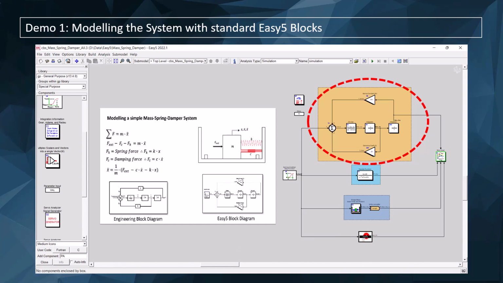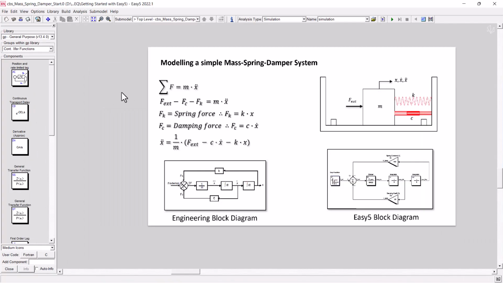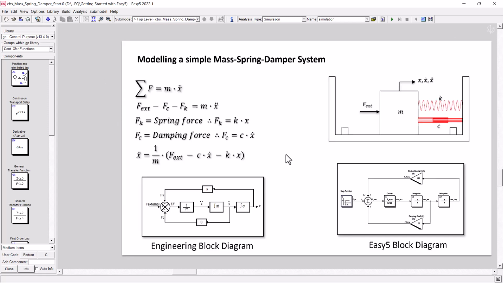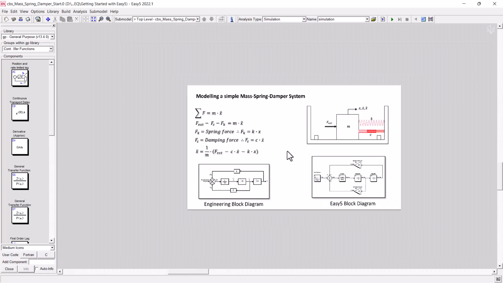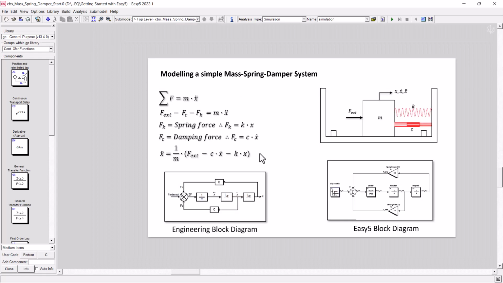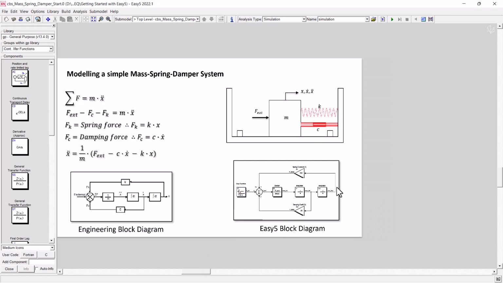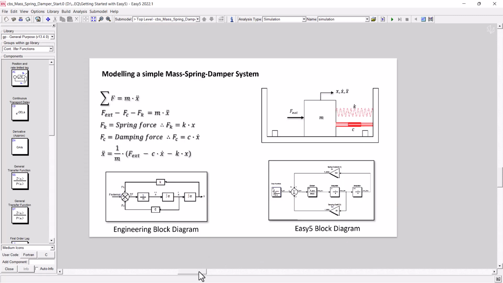So let me just bring the Easy5 user interface up, and there you have Easy5. If you've never opened up Easy5 before, let me just explain it to you. What we have here is called the canvas. This allows us to zoom in and zoom out on our model. All I've done is I've just imported an image, the image of the system that I want to model, so that it's right there before us and we can keep it on the canvas as we start to create the